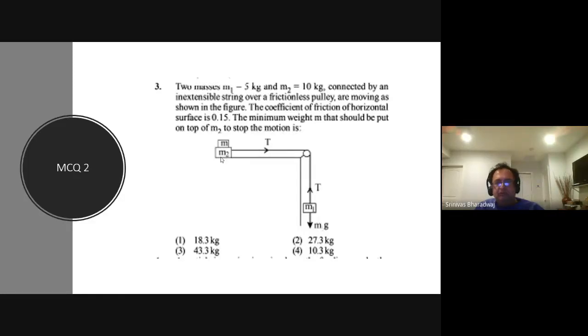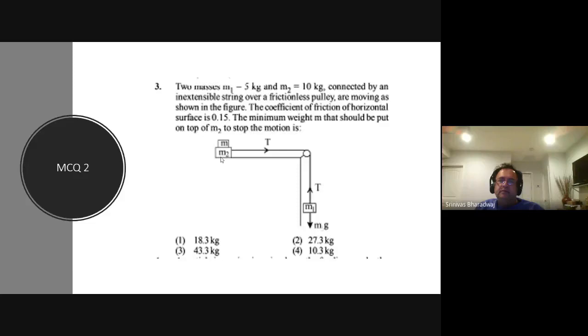Must equal 0, right? And T equals m1g. So m1g is what? 5 times 10, 50, right? Normally you just take g as 10. Okay? So m1g is 50, so T is 50. So 50 equals